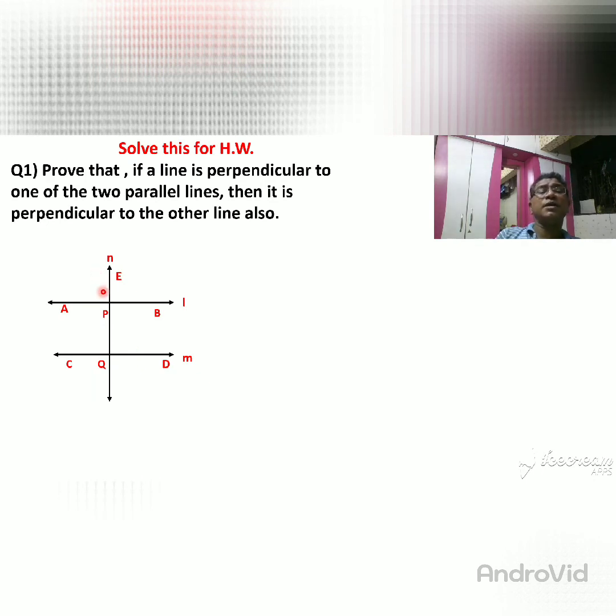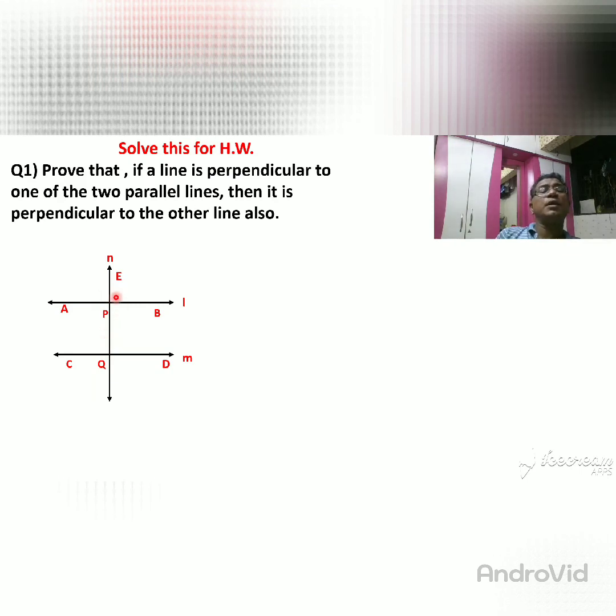So if it is perpendicular here, then N is also perpendicular to this, which you want to show. Very easy. See, this angle is 90 degrees because they are linear pairs, and the sum is 180 degrees. So you get that it is 90 degrees. This P angle and this P angle are corresponding angles of each other. So if P is 90 degrees because they are linear pairs with sum 180 degrees, then the corresponding angle Q is also 90 degrees.